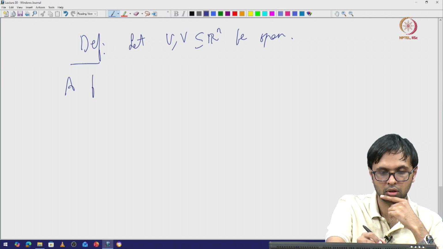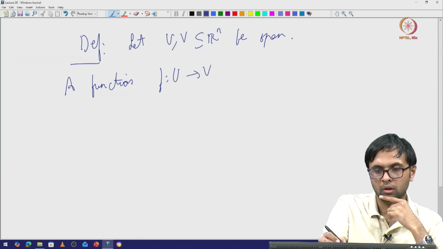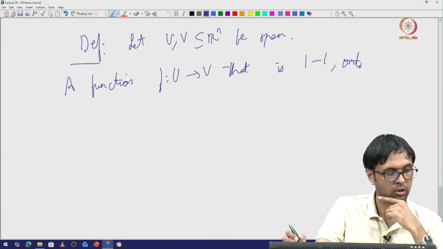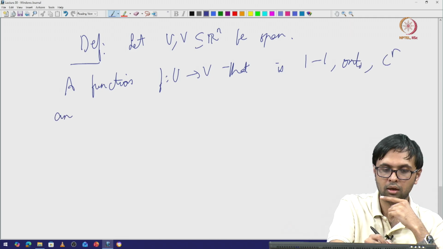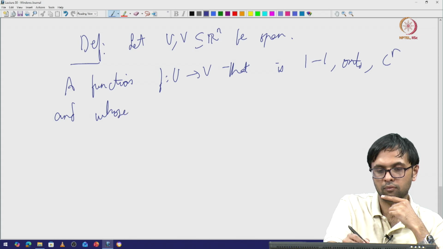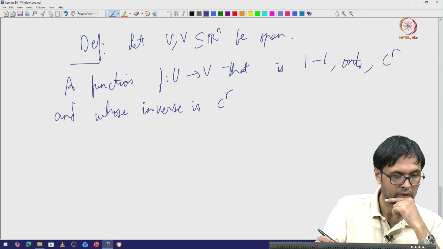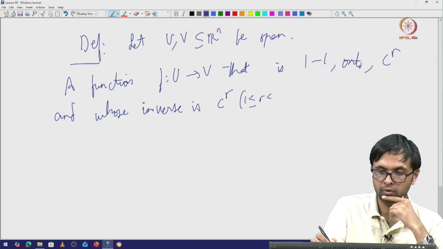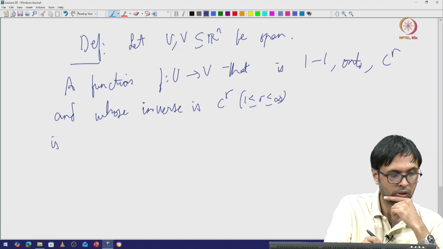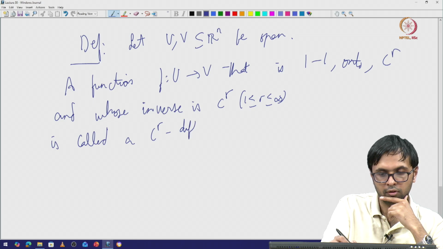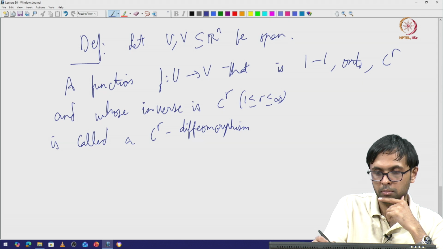A function f from U to V that is 1 to 1, onto, C^r and whose inverse is C^r, where r is between 1 and infinity, is called a C^r diffeomorphism between